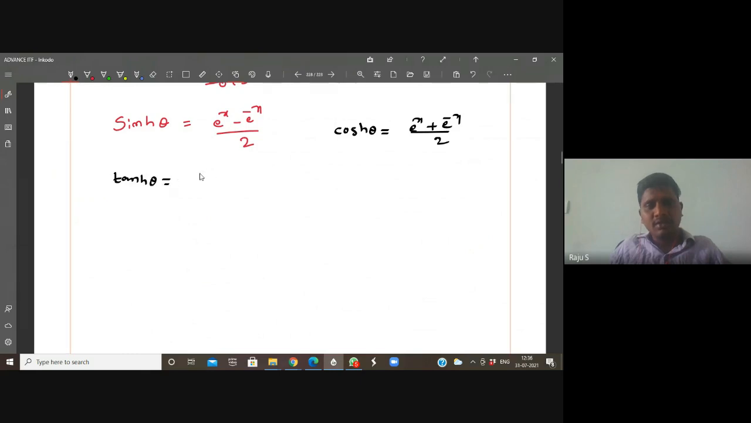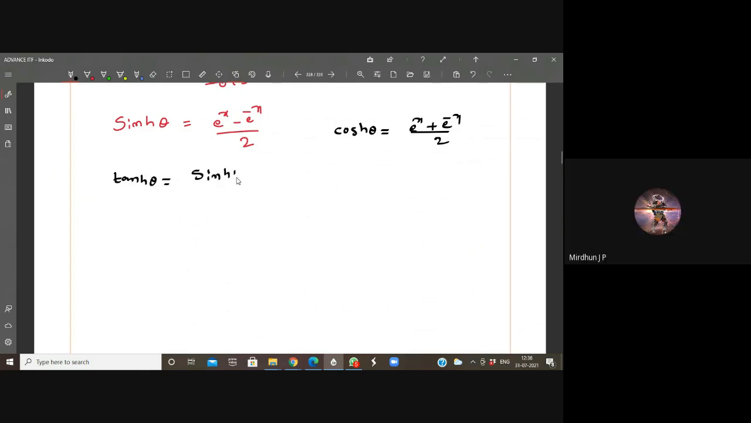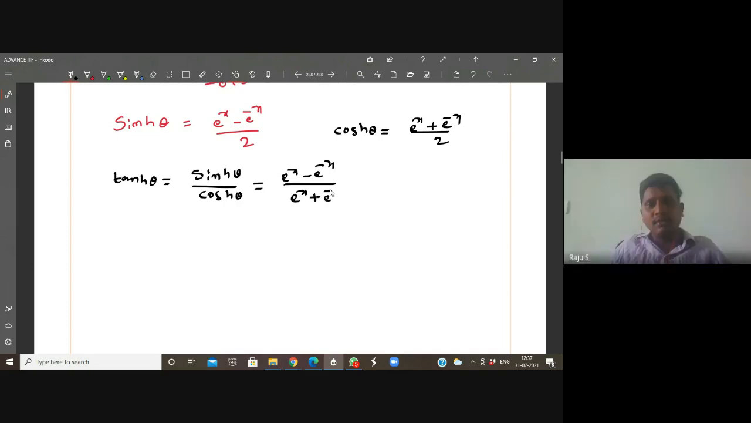What is tanh θ? sinh over cosh: (e^x − e^(−x)) divided by (e^x + e^(−x)). The 2s will get cancelled. Yes, exactly. In the same way,